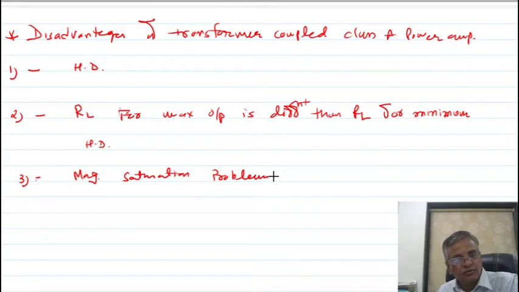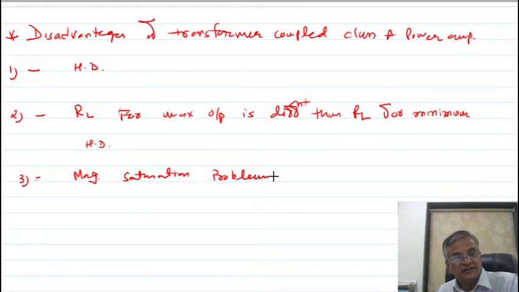correct output. But due to the very small value of the resistance of the primary of the transformer, a large value of collector current is flowing. As a result, the Q point may be situated near the saturation region of the magnetic field. As a result, distorted output is produced.